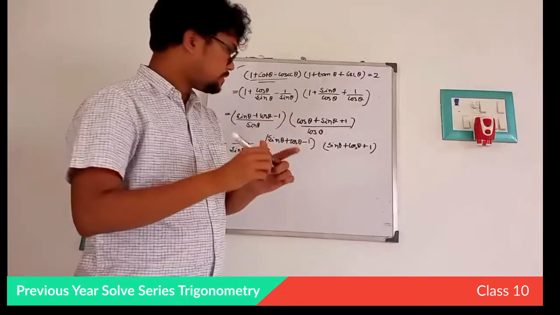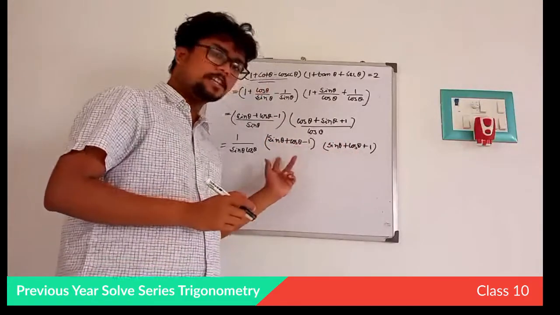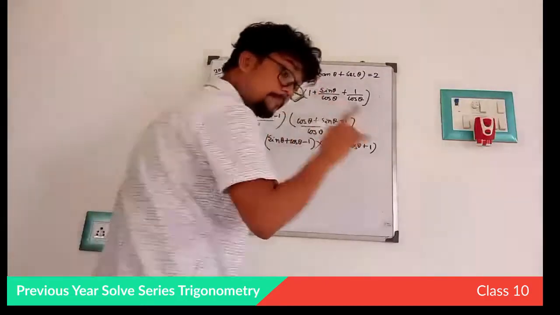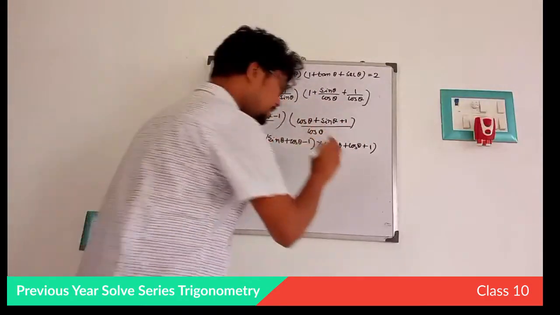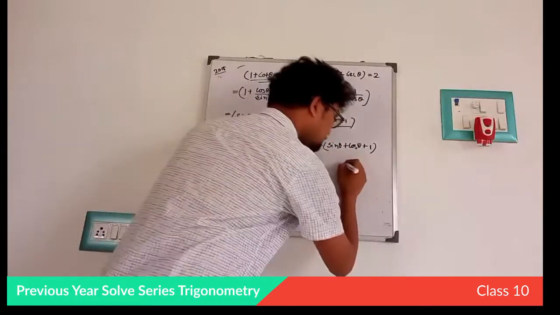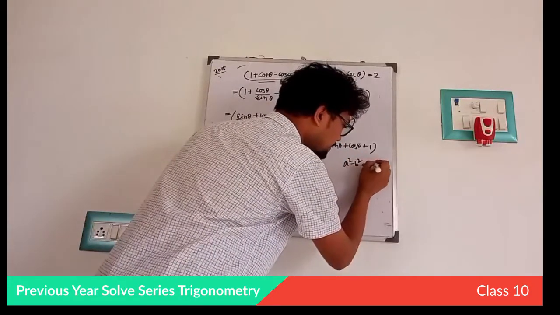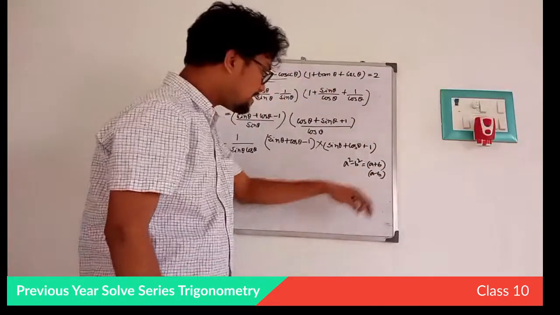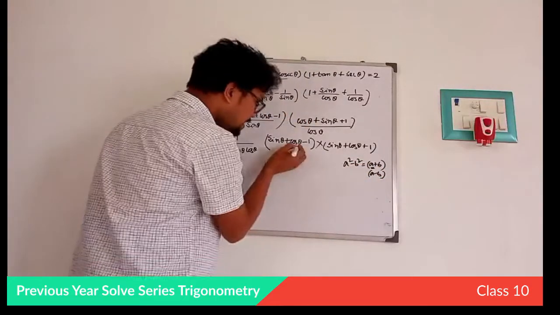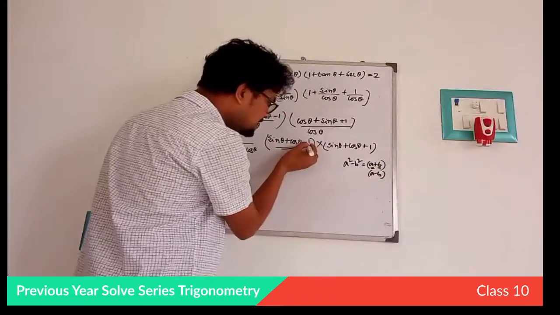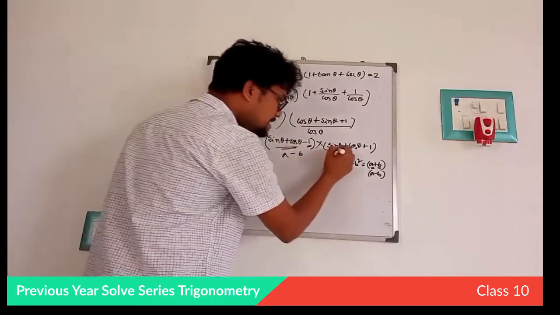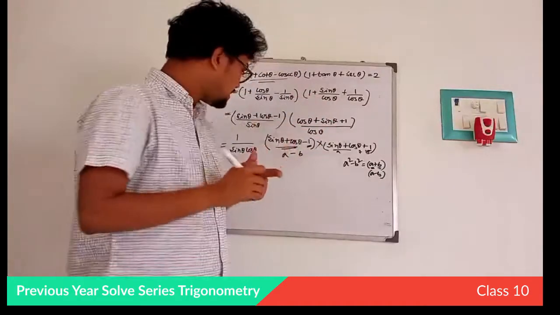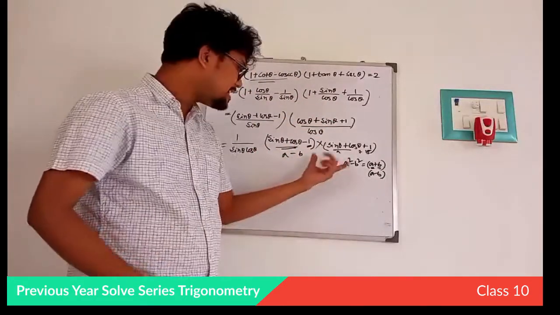Can you see some expansion formula in these two expressions? Look very carefully. That is why I again repeat, expansion is very important. A square minus b square equals a plus b into a minus b. Here, what is the term a? That is a. And what is the term b? That is b. Do you get my point? That is a minus b into a plus b, that is a square minus b square.